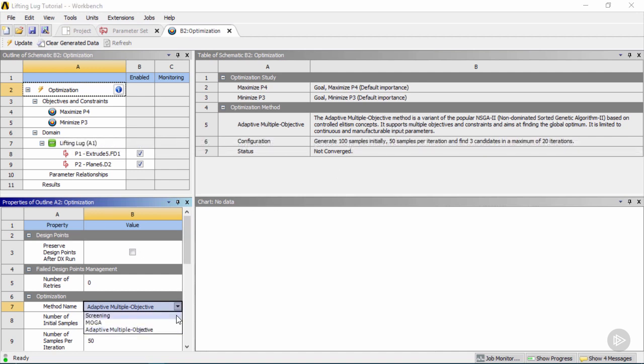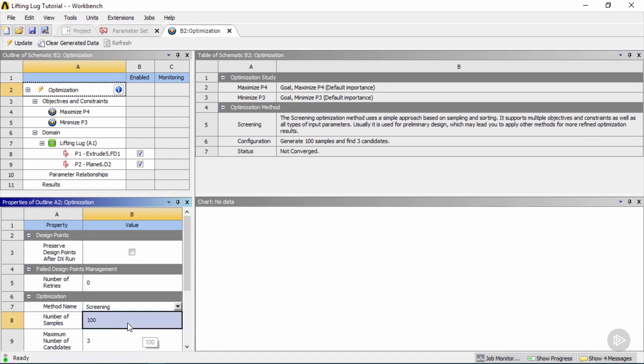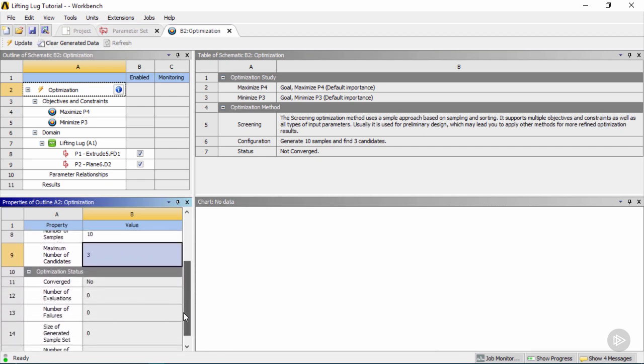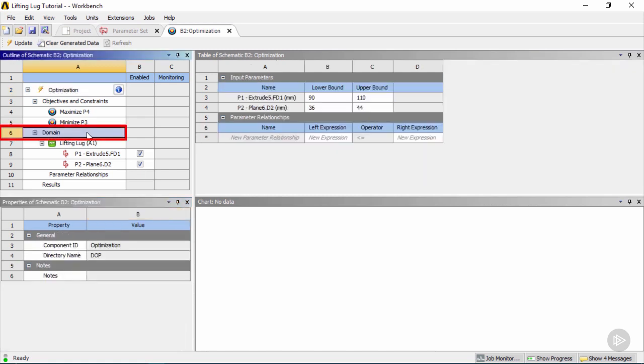So let's go back to the screening method and change the number of sample points from 100 to 10. Now the reason for this is because 100 will take a long time to calculate on our computer, and generating 10 sample points will be good enough for us. And for candidate points, we're going to leave that as 3, and I'll talk to you a little bit about that once it's solved. Now finally, we can go into our domain, and here we can select the lower bound